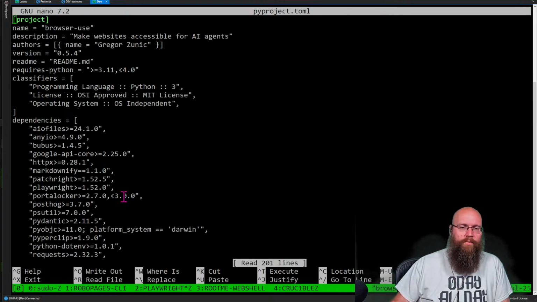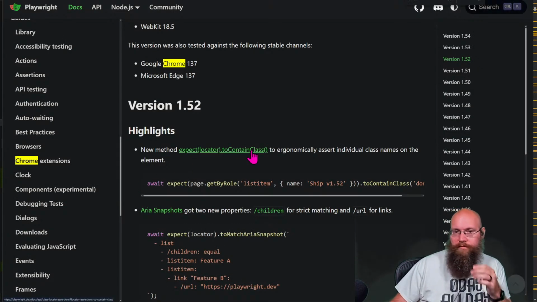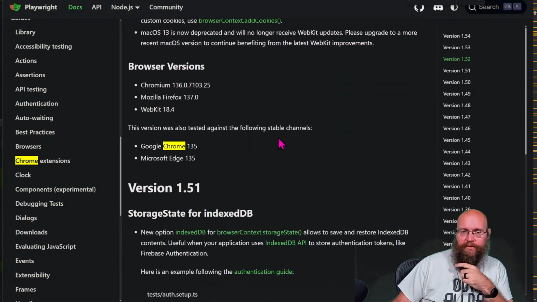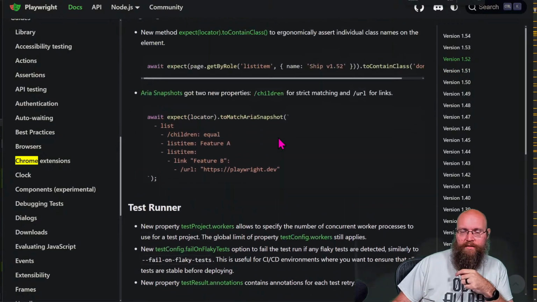So as long as we're matching Playwright 152, we should be good. So here's version 152, 151. Okay. So let's try swapping that out.